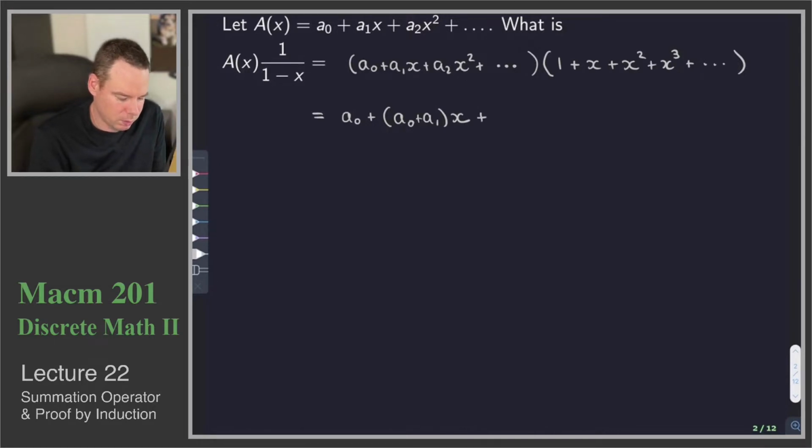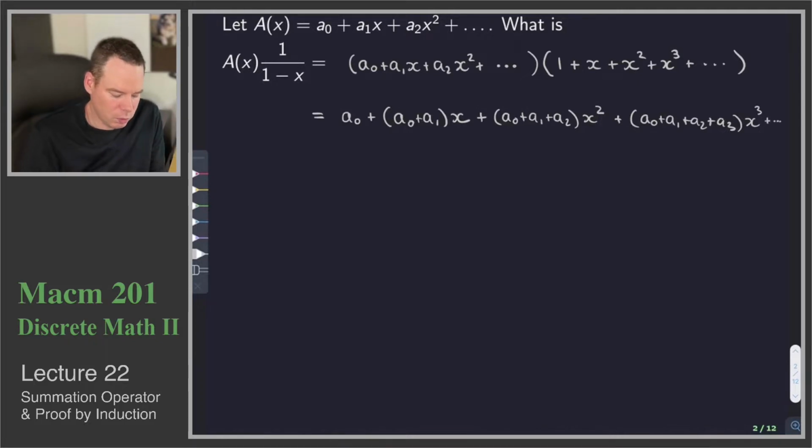What about the square term? Well, it'll be a0 times 1 plus a1 times 1 plus a2 times 1. Now we're starting to see the pattern. It's just the sum of the first 3 terms of our original generating function. What about the cubic term? That's just the sum of the first 4 terms. And so on. And so what we see here is that a of x times 1 over 1 minus x